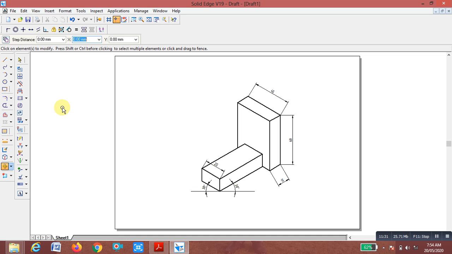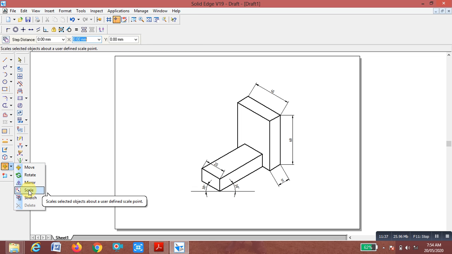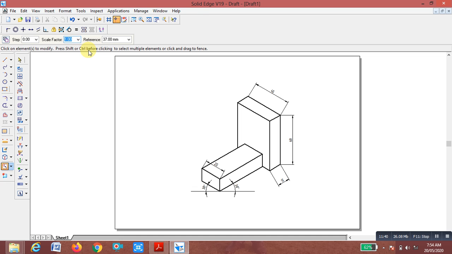Click on scale. Here the scale factor for the isometric position is 0.8164. Enter 0.8164, select this whole object, and enter. That is converted to isometric.